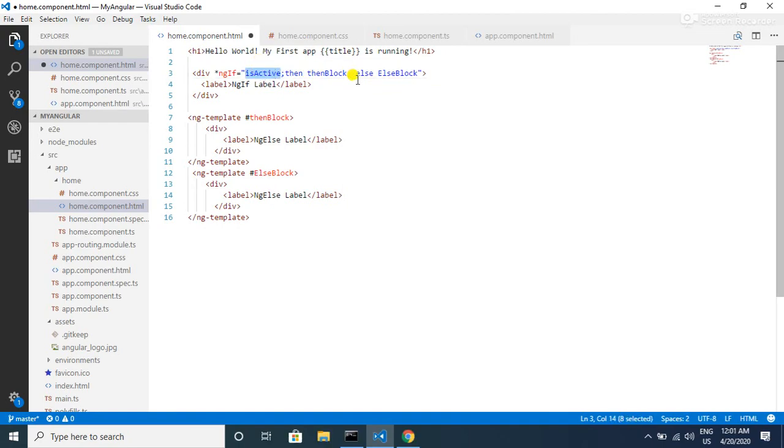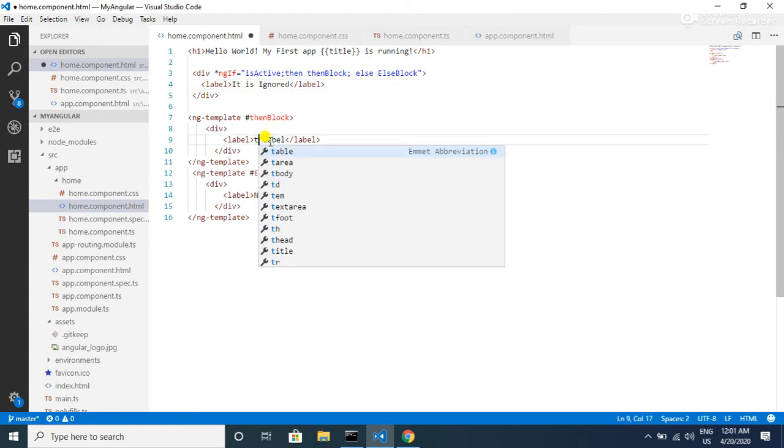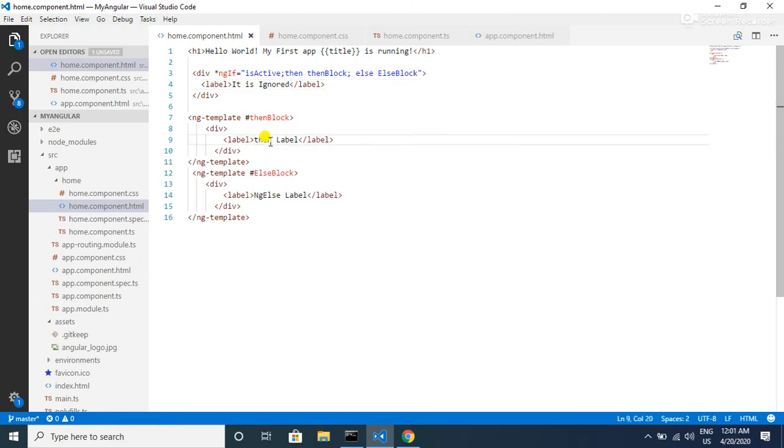The way we read this is, if isActive is true, then load the then block, otherwise load the else block. And here I want to tell you, whatever we have inside our label will be ignored. Let me rename this one as the then block, and let me save this.